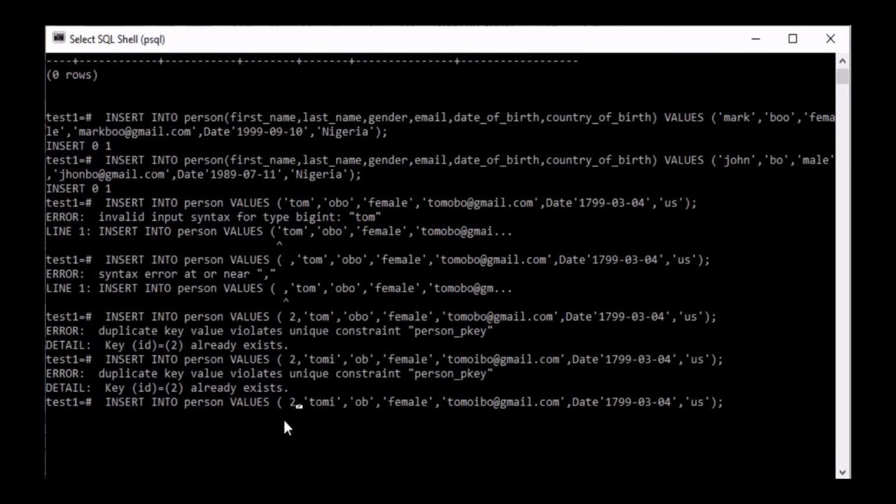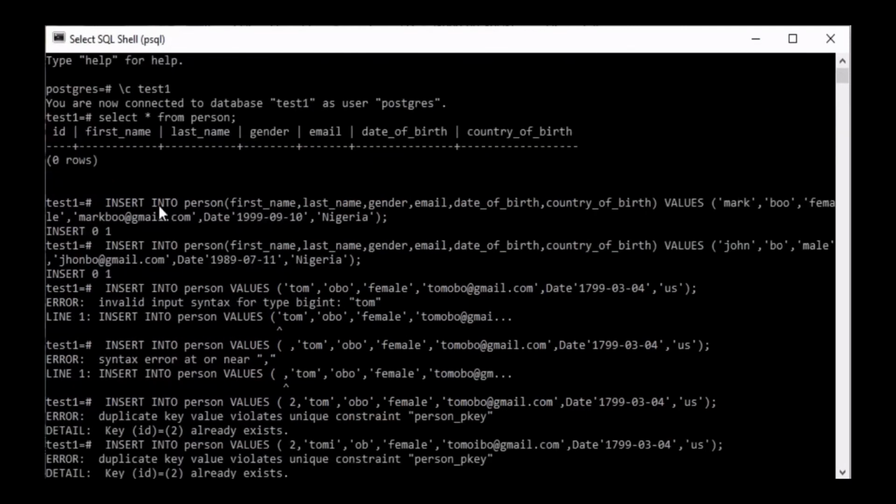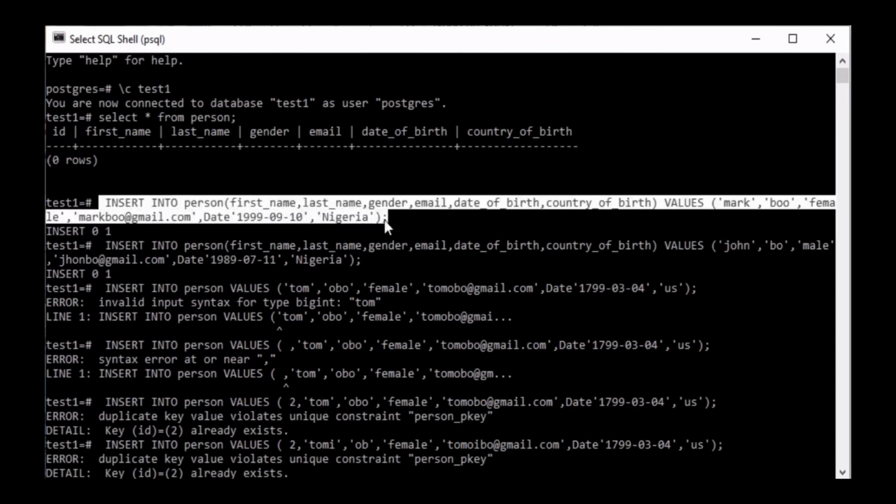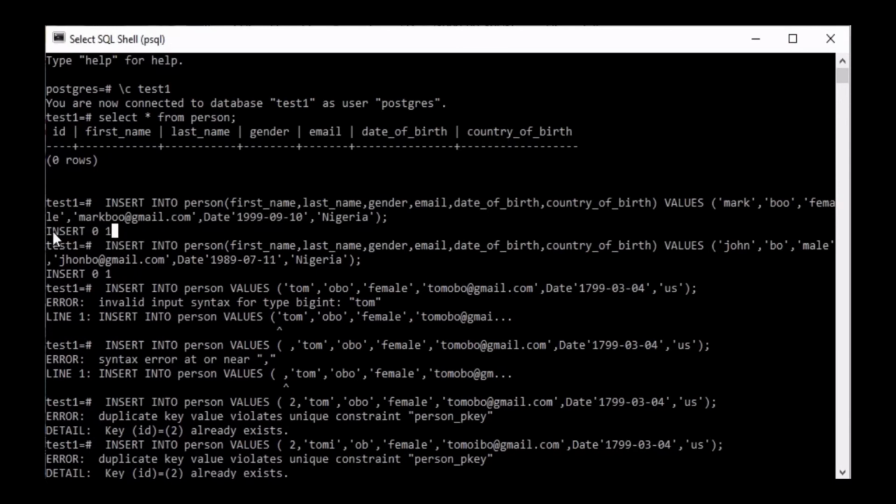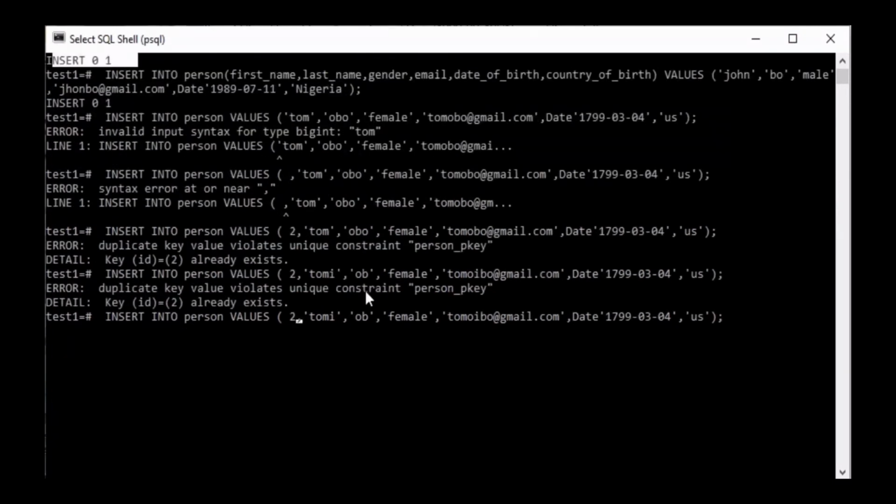I have to write out the value for all of them. But in the first one, up here, I indicated all the columns that I want to insert the data in, then the values, and it matches, so it just entered the data without any issue. But in